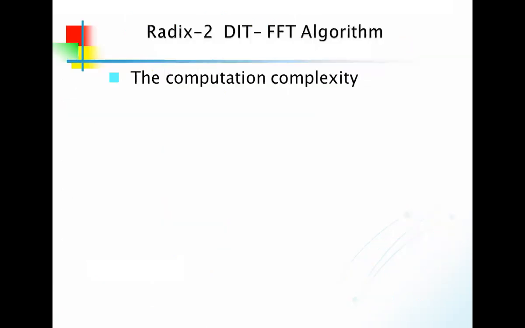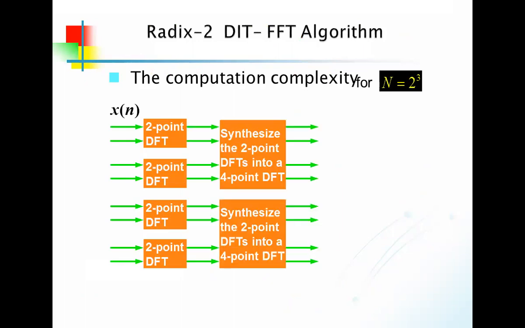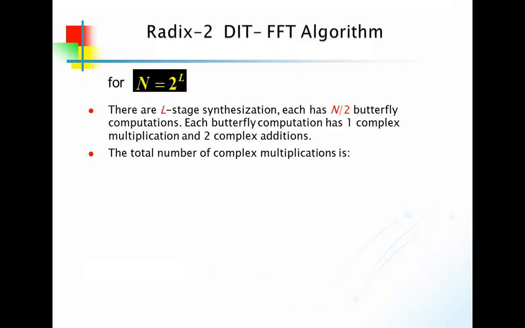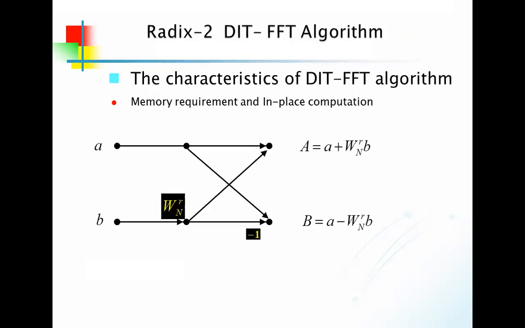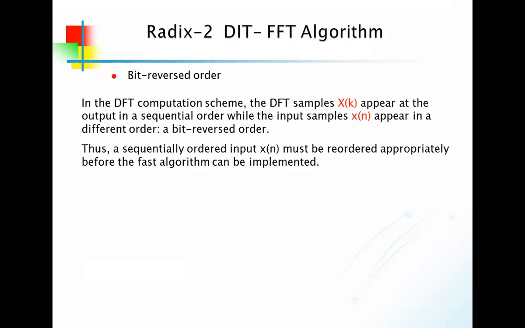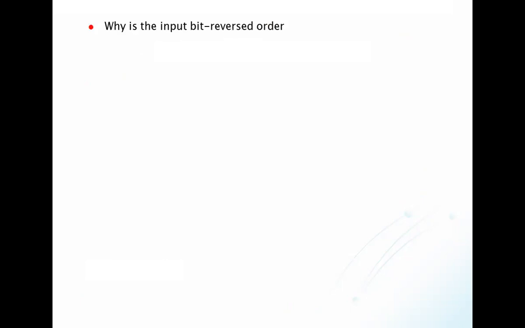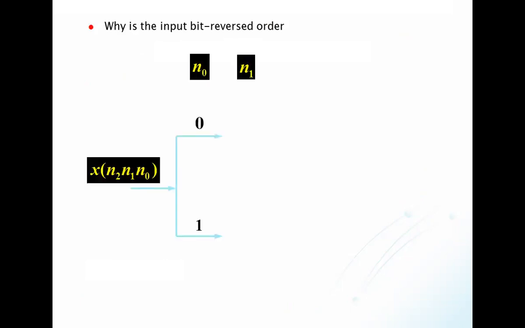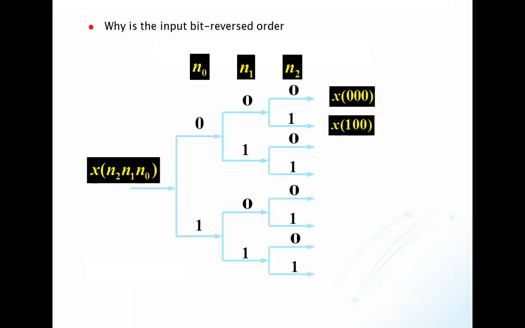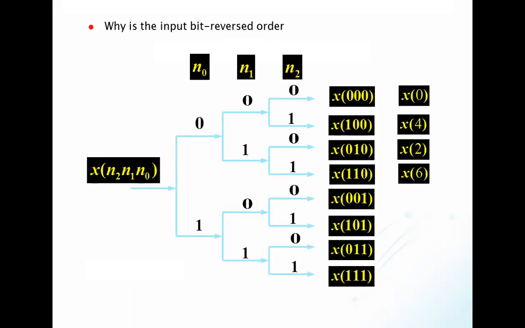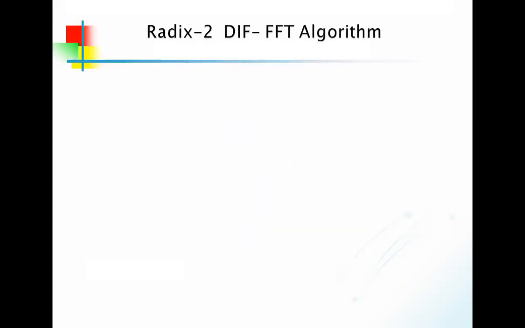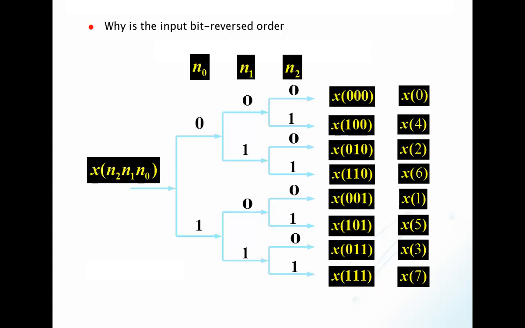Okay, then let us understand. This is what I have already discussed, so no need to go over it again. The butterfly I already discussed, and I have told you how the bit reversal order is. This is about the bit reversal order we already discussed. So this is all about the DIT-FFT algorithm, and let's take one example, solve it clearly, and understand how exactly DIT-FFT will perform.